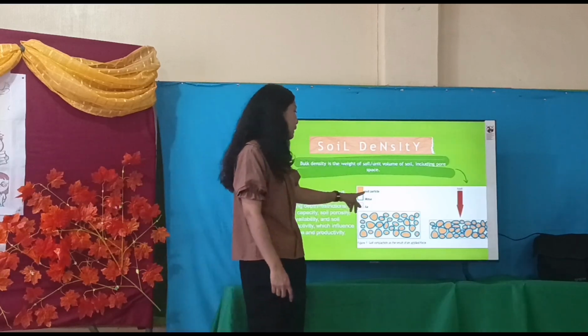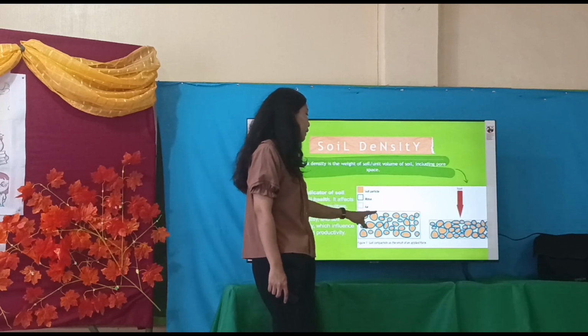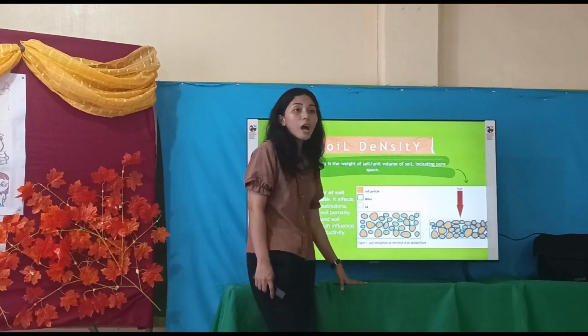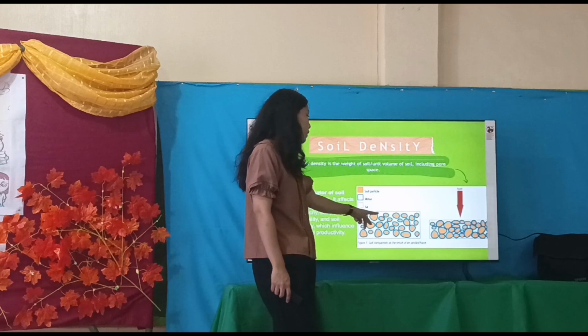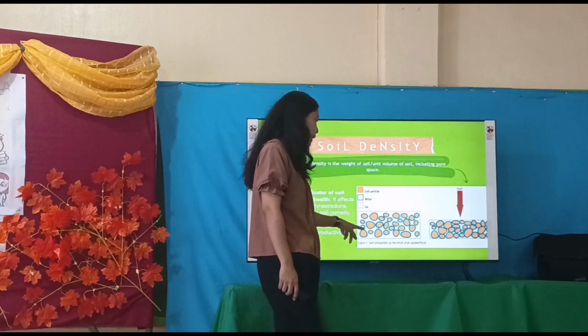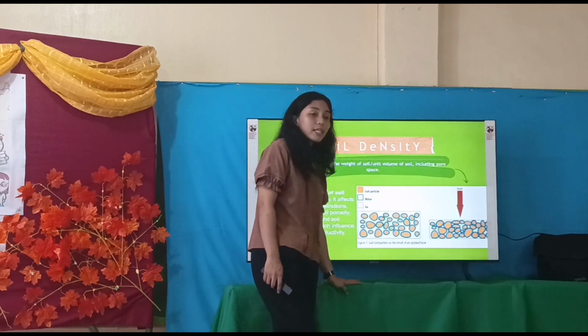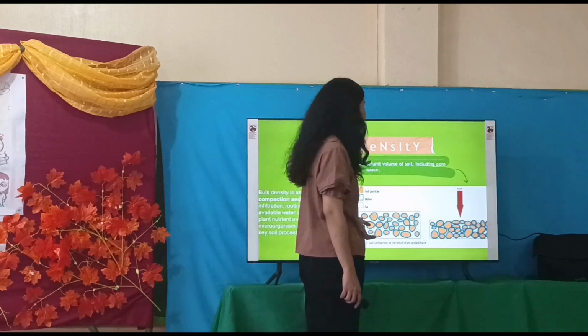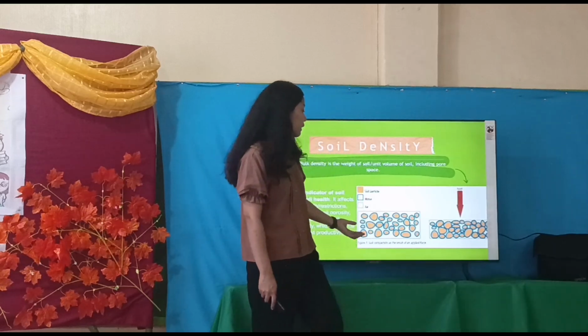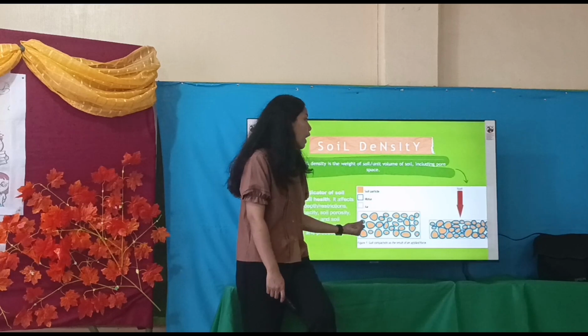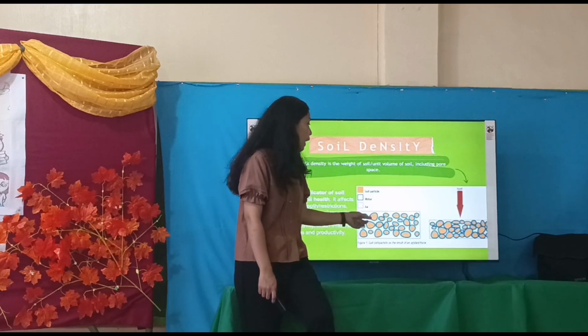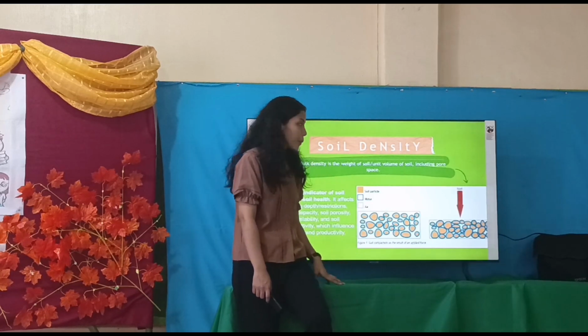So here we can see na yung label, itong mga kulay na to is yung soil particles, and this one is yung water, and this one naman is yung air. So yung mga spaces nandyan is what you call air, and yung mga blue is yung water. And makikita nyo naman yung pag-hold ng water sa soil particles. Hindi po ba?